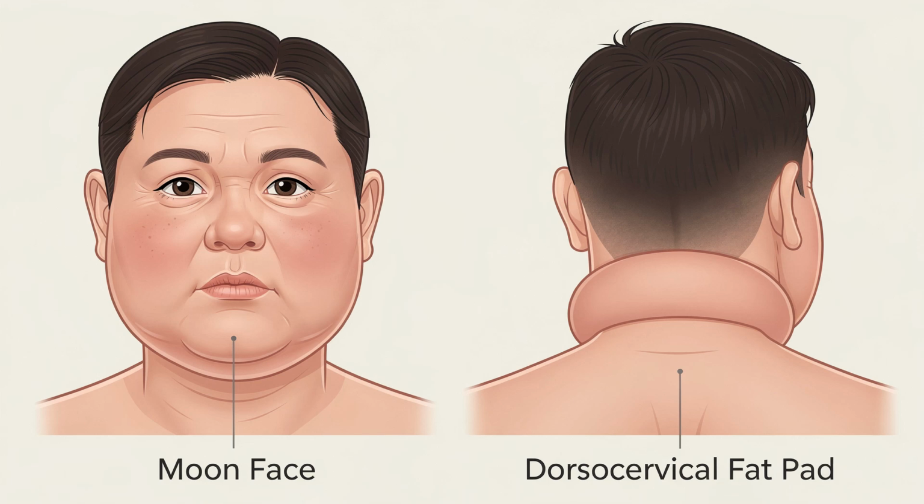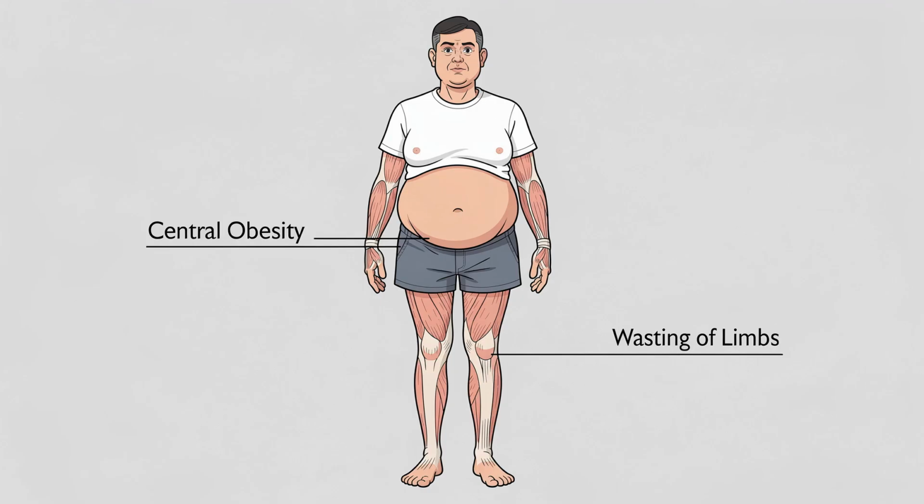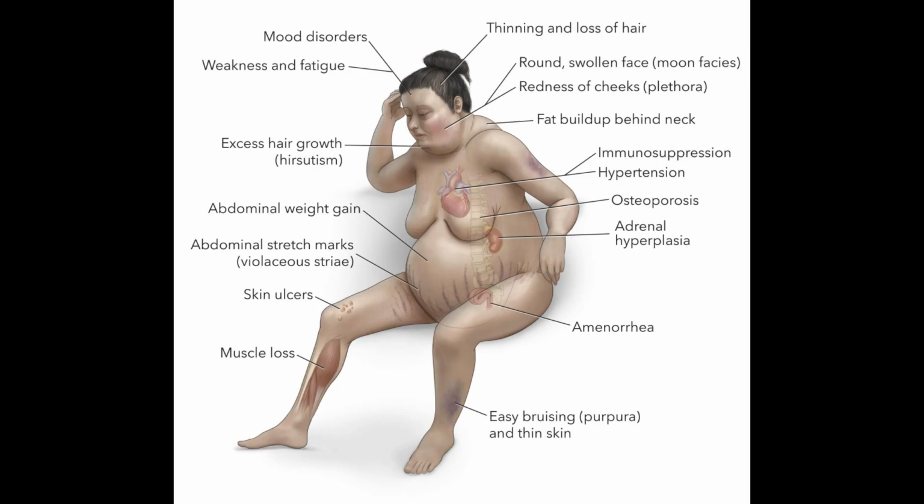on the upper back. Patients often present with truncal obesity, where fat accumulates in the abdomen while the arms and legs become thin due to muscle wasting and protein catabolism. The skin becomes fragile and thin. You will see purple striae or stretch marks on the abdomen, and the patient will bruise very easily, a condition